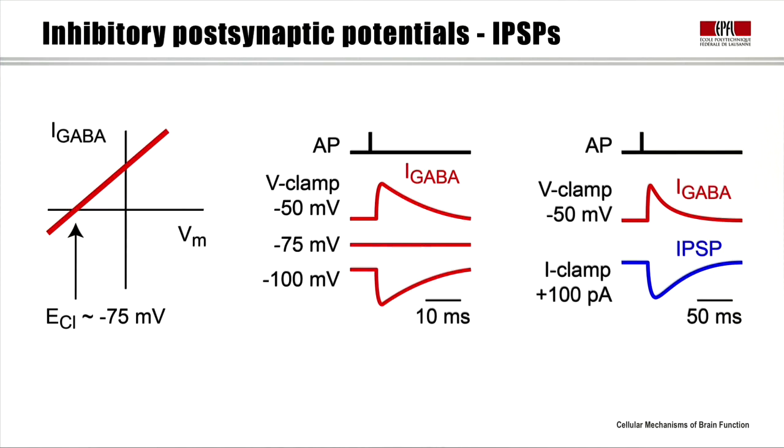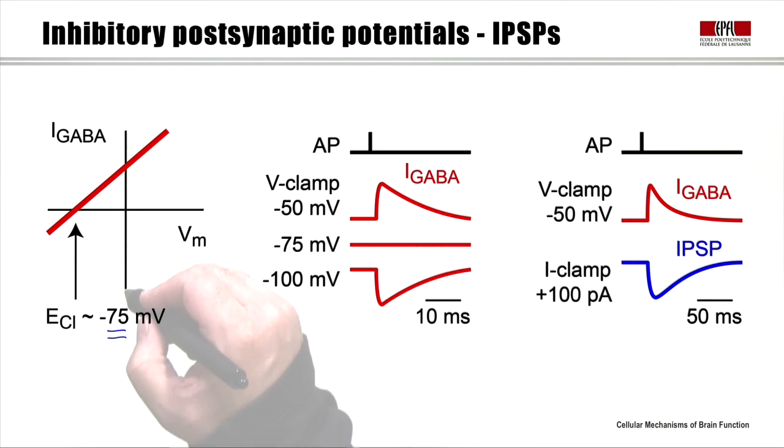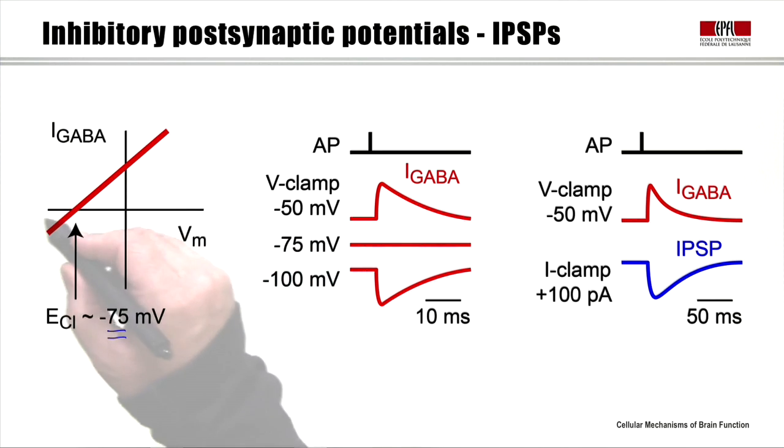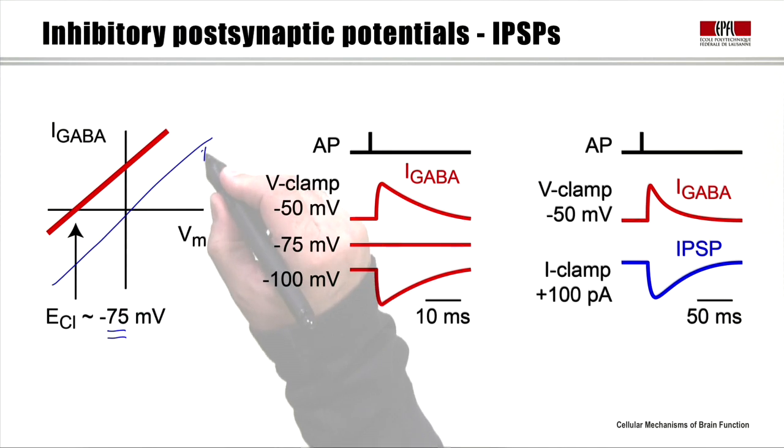Let's see how those conductances then are reflected in postsynaptic membrane potential changes. The GABA currents are chloride currents. They therefore reverse at the chloride reversal potential, something like minus 75 millivolts. The GABA conductance is basically linear, and so we can draw a linear current-voltage relationship. So this is the current evoked by a GABA pulse, and this is the membrane potential at which that current is being recorded. The equivalent AMPA current would look something like this,